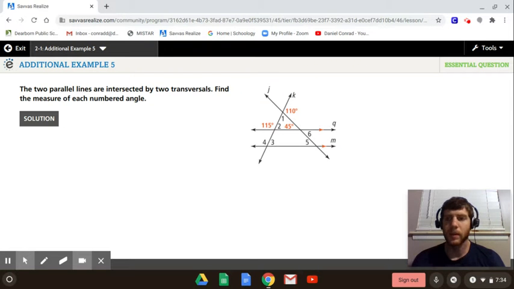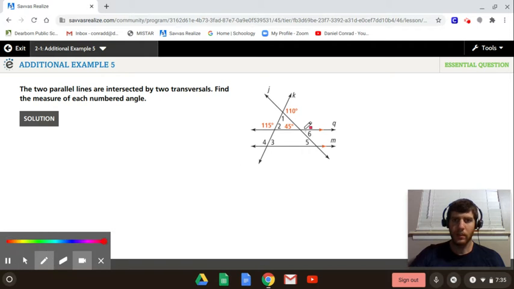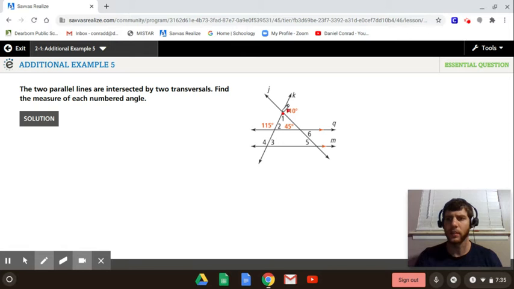So additional example 5, I thought I'd go through this if you were still needing a little bit of help. The best thing to do is fill in your vertical angles and your linear pairs. So if we look here, 1 and 10, those are a linear pair, right? So anything at the same intersection is either going to be vertical or linear. So linear pairs are adjacent and they form a straight line, so they're going to be a linear pair, so